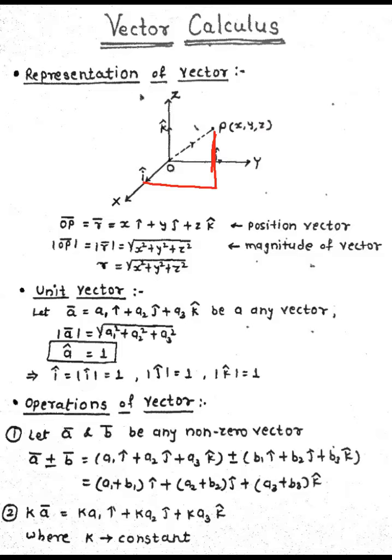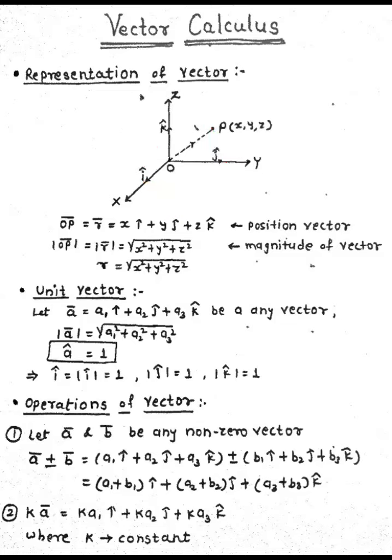Then you will obtain the x coordinate. Now if you measure the distance for the y coordinate, that means this, you will be able to find the y coordinate, and this perpendicular line is parallel to the z-axis and it gives the z coordinate of this point P. So students, in this way, any point you can define in a three-dimensional coordinate system.